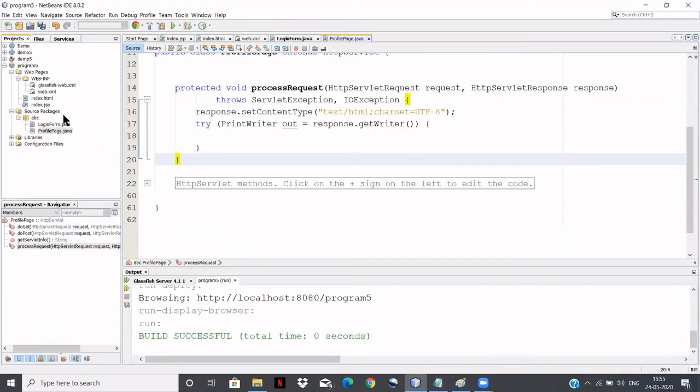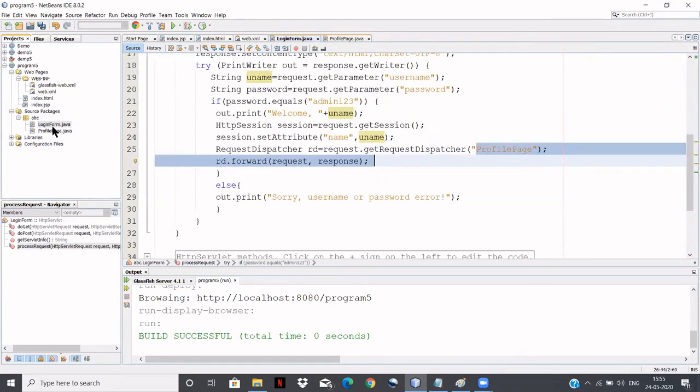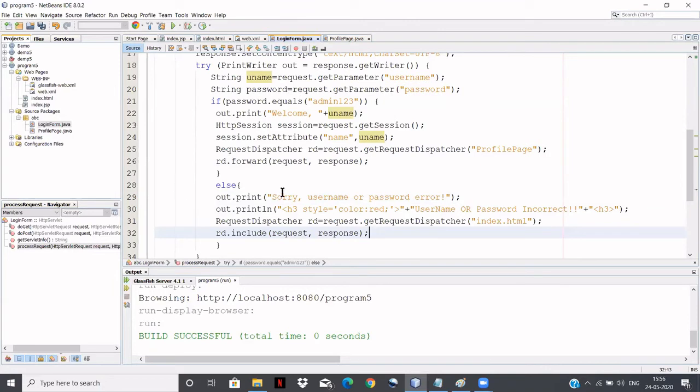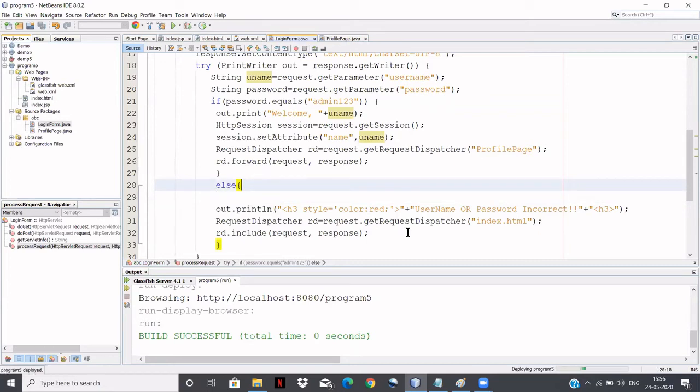You go to loginform.java. Here, you paste this particular code, right? What is this code? Username or password incorrect, right? I'll show this part of the code here.